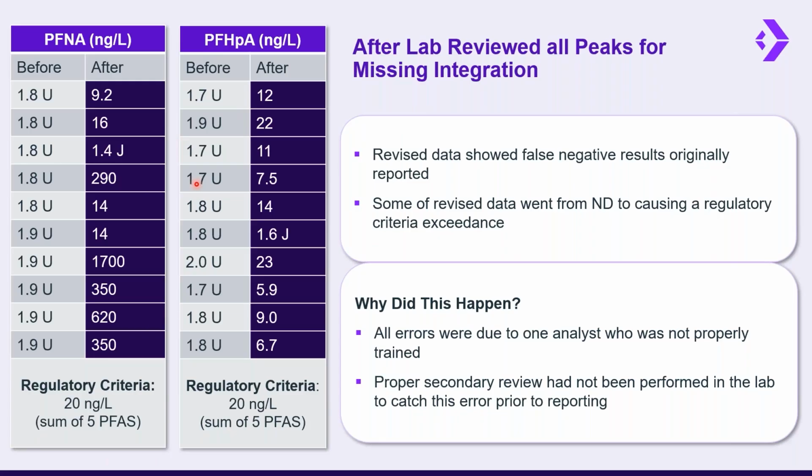Something that was really concerning to me here was that if we had not seen this issue in a field duplicate pair, I'm not sure we would have caught the error from the level 2 review. We would really have had no reason to suspect anything was amiss. So that's also a little bit concerning.